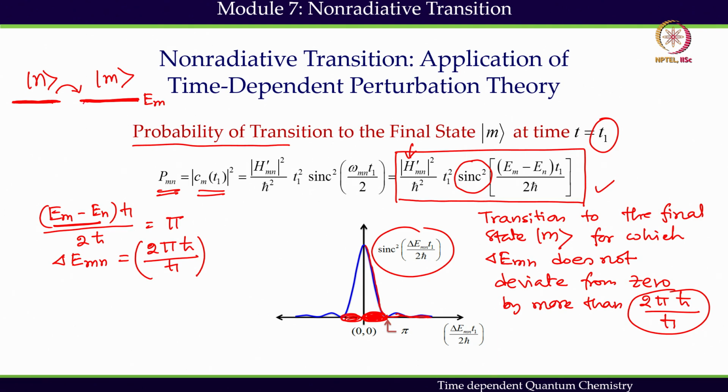I will draw it this way. Let us say these are the allowed energy states. I cannot go beyond this energy spacing. So, population transfer is only possible from the initial state to the final state if the final state energy stays within this